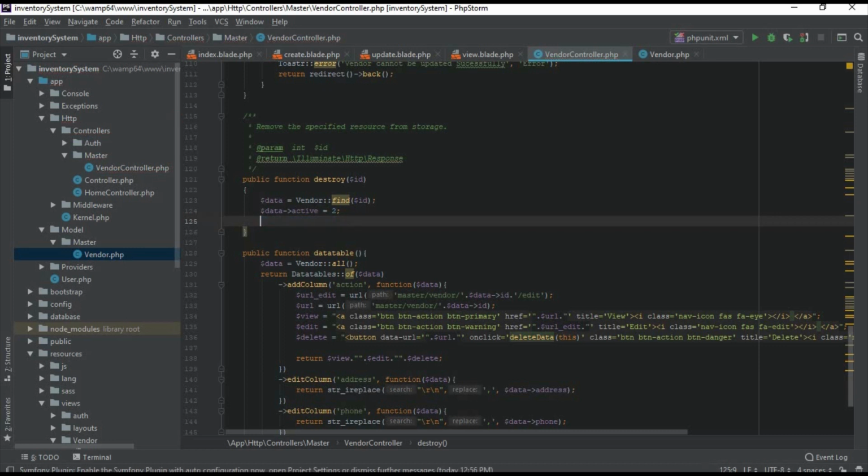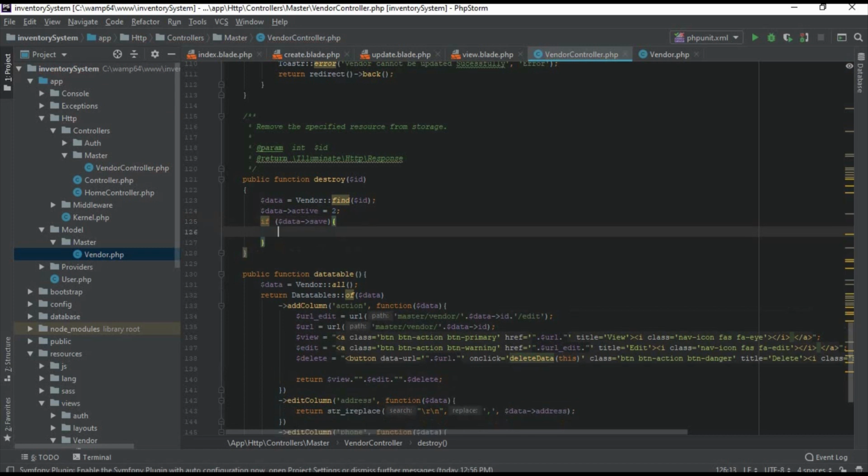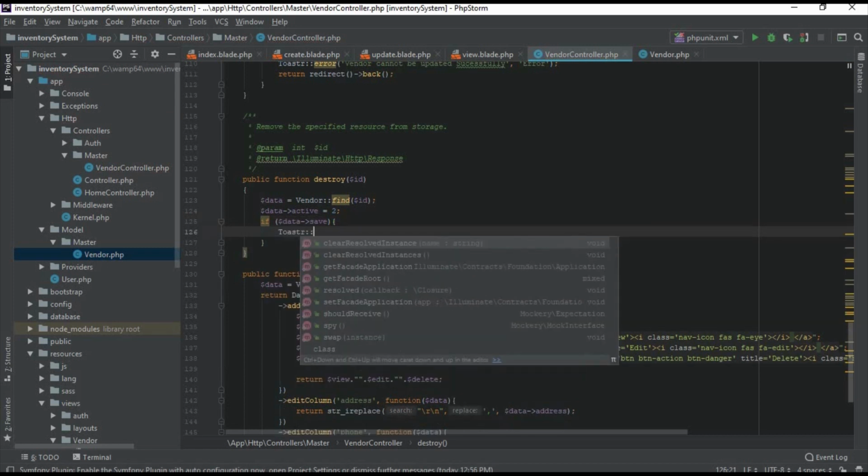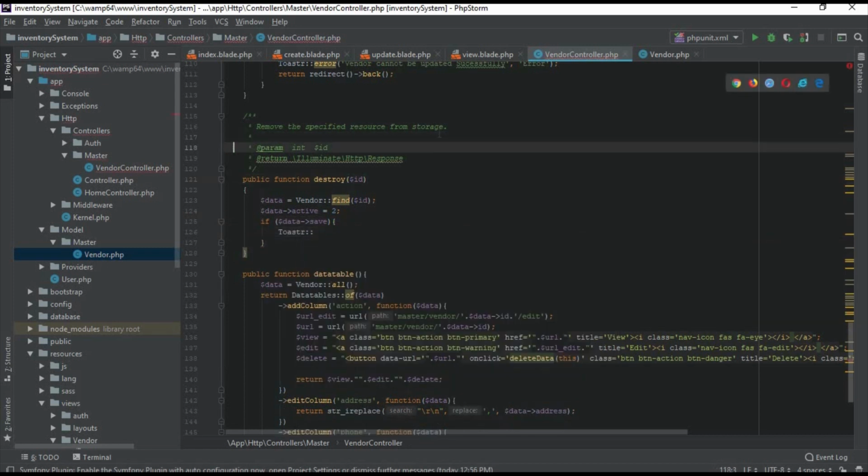I don't think I need this. So if data shape, then to store,